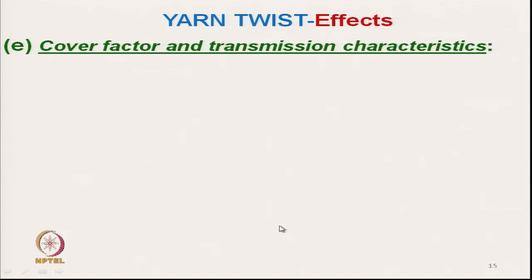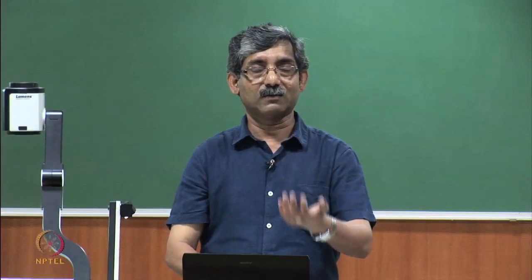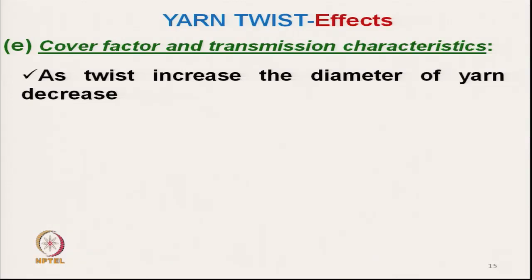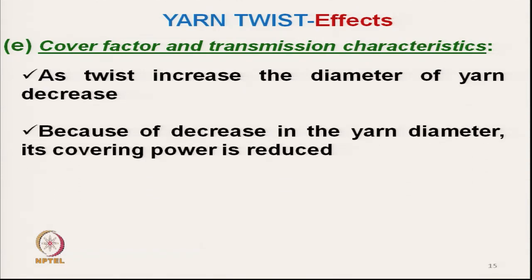Now, cover factor and transmission characteristics. Transmission means air, moisture or thermal heat transmission. As twist increases, the diameter of the yarn decreases, keeping everything else constant. So, its covering power will reduce, there will be more and more pores, and that will result in higher air transmission. That means air permeability increases with increase in twist,